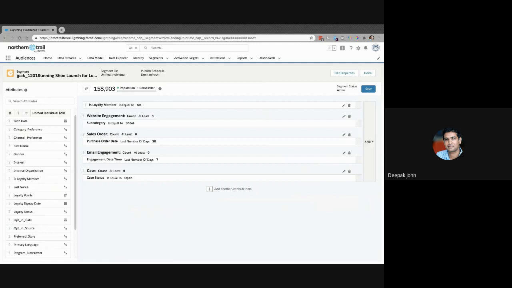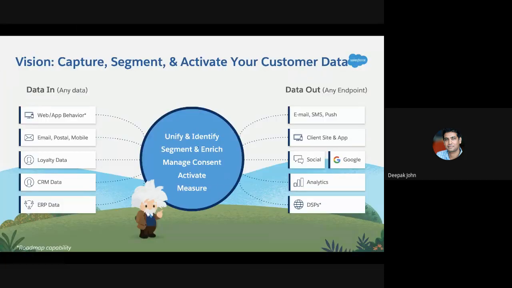So effectively, this becomes a platform for the marketer to do a few things, right? What are those few things? Coming back here. Number one, it allows you to unify and identify who your individual segments and individuals are. It allows you to segment and enrich them, and you can see all of those attributes. It allows you to actively manage the consent, so your single source of truth to say, this person opted in, what is his lifetime value, and so forth.